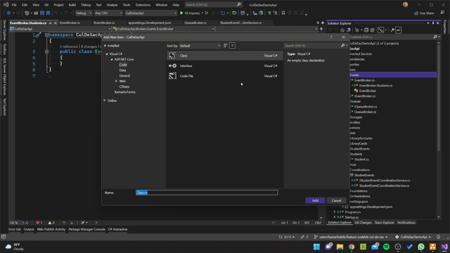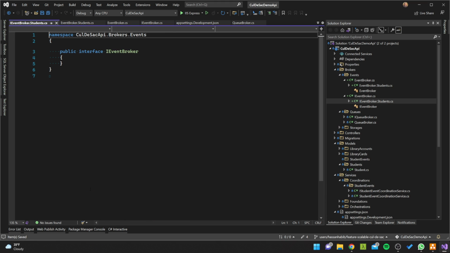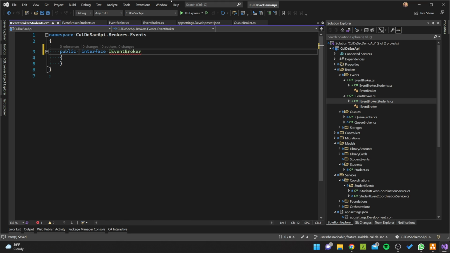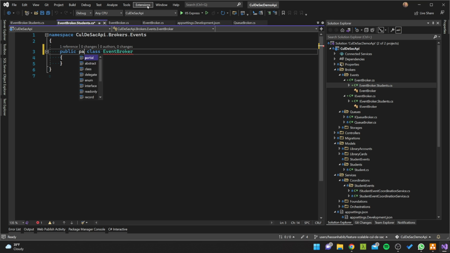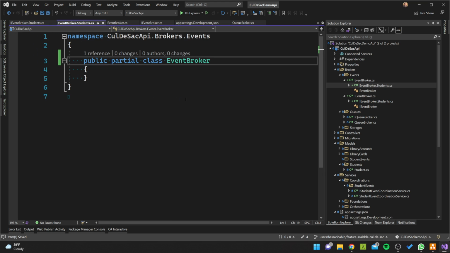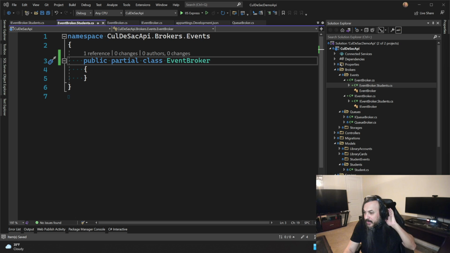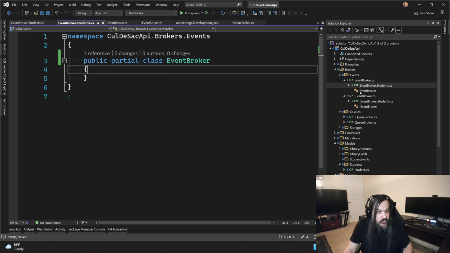And this is also the IEventBroker.Students.cs. Okay, let's make all of that partial. I am doing this for the very first time, so hopefully it'll work, and if it doesn't work, that's okay. That's life. Move on. That's the beautiful thing about having an idea and exploring it.